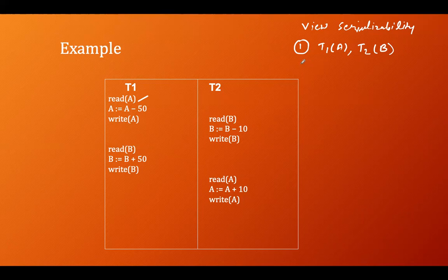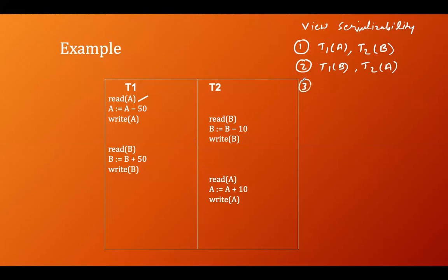And if we go to the second view, who is reading the updated one? T1 is reading B, which is updated by T2. And this read means T2 is reading A from updated data. This is the second view.